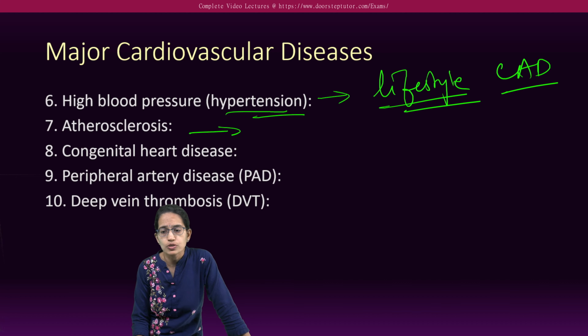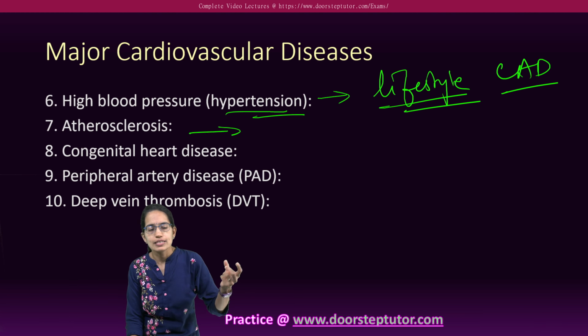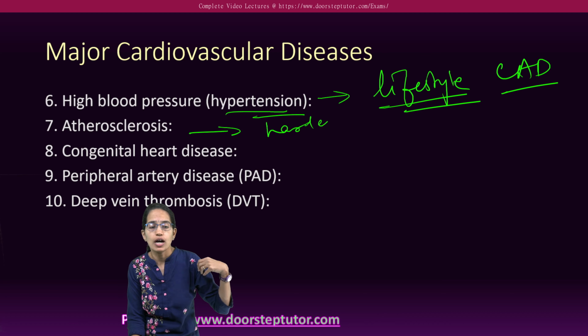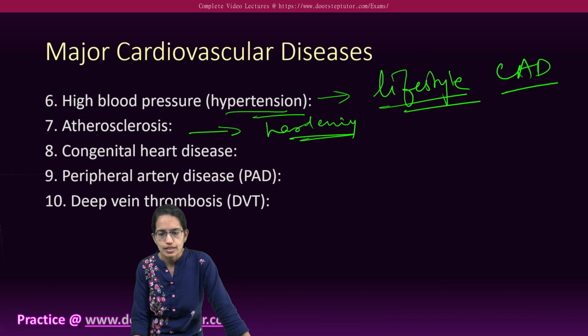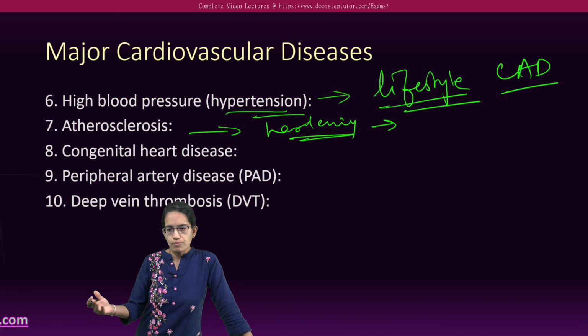arteriosclerosis. Now, arteriosclerosis is deposition of plaque in the walls, and this leads to hardening of the arteries. Now, once there is hardening of the arteries, this is one of the problems with no